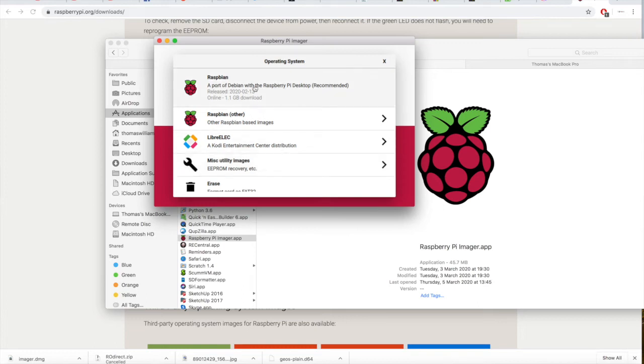Basically, it fixes a bit of a problem that we've had with Raspberry Pi ever since it started in 2012. If you're brand new to the Raspberry Pi or hobbyist computing in general, the idea of flashing an operating system to an SD card can actually be quite daunting. I know that might be surprising for those of you like me that are techno buffs and do all these incredible things. But yeah, actually, the ability to flash a disk image to an SD card can be difficult,